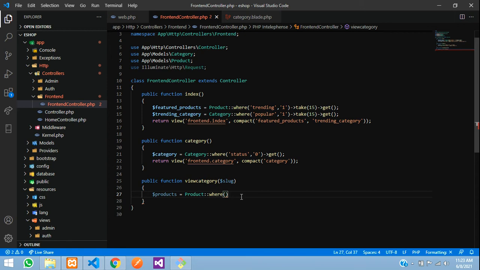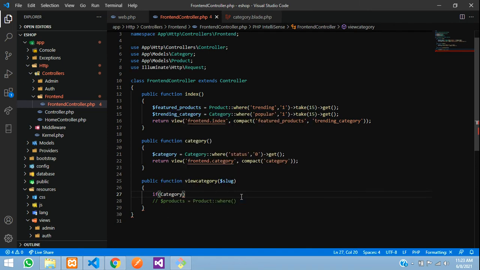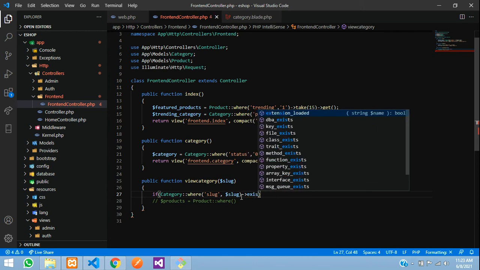First let me comment this out, and here we are going to add an if condition and check if the slug exists or not. So say category model where slug, comma $slug. So where slug is equal to this slug which we are passing, and use the exists function.